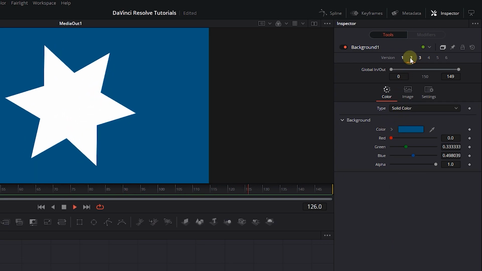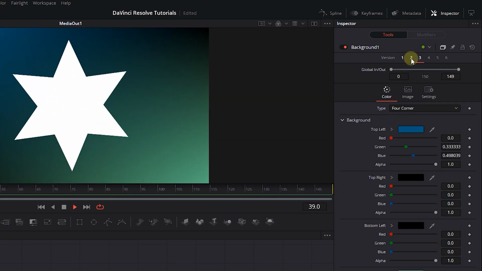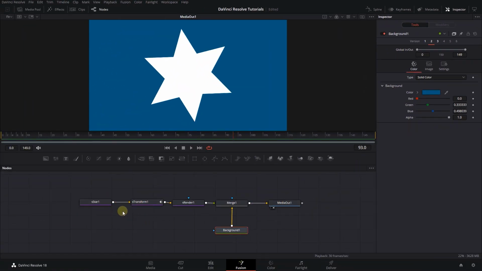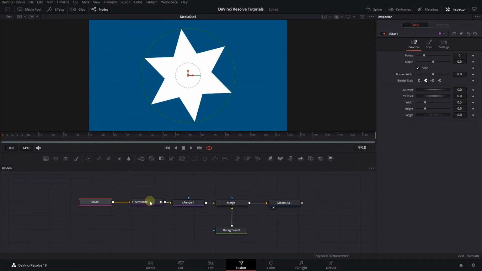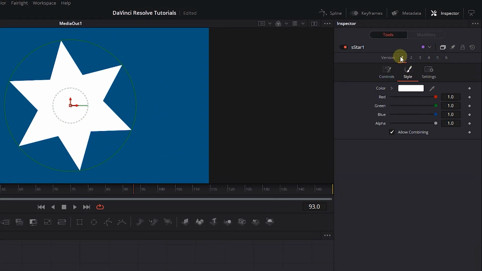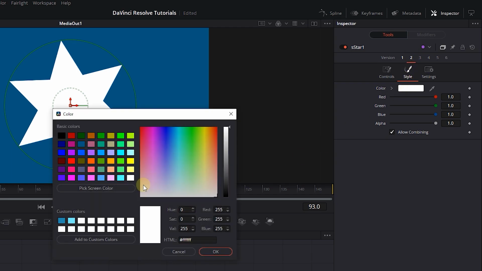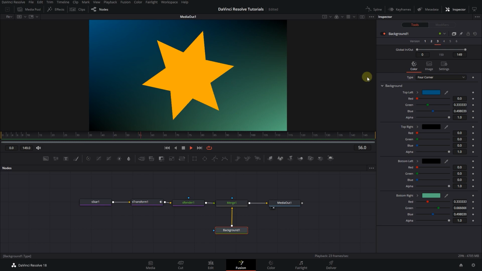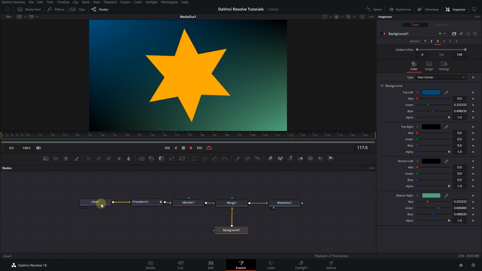Now we have these 3 versions of the background node which we can switch between them and see which one is the best for us. We can use versions in other nodes as well. So, here I choose my star shape, click on the Versions button, and change the color. Now I can easily switch between versions of these 2 nodes to see, for example, which background is the best